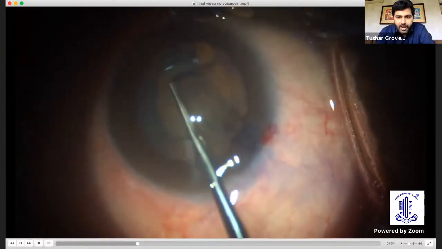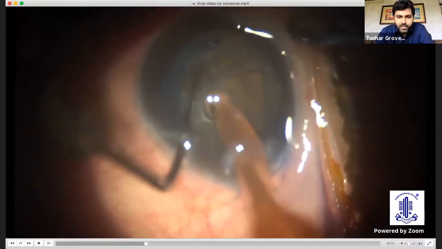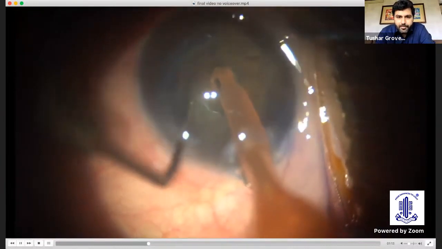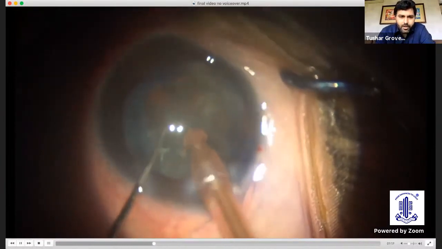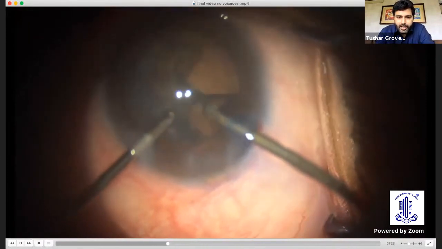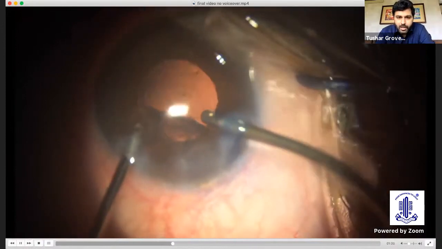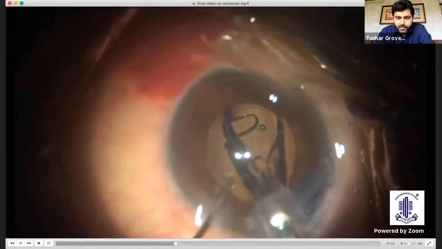And now I have an adequate central opening. It was a soft cataract, so I decided to do a deep enough but narrow trench, separated into 2 heminuclei. And after that, this case was easy. What was important is to, of course, make sure there was minimal manipulation, make sure I don't grab any of the capsular tear edges. And post that, of course, the parameters were all kept low. The bottle height as well as the vacuum settings were low. And carefully cortical aspiration was also done.